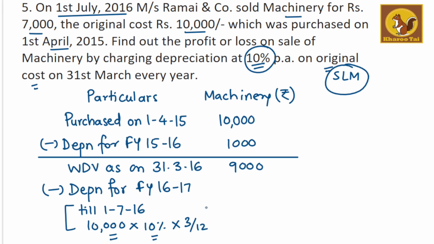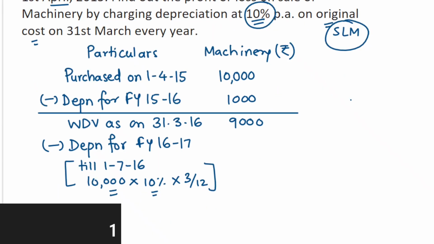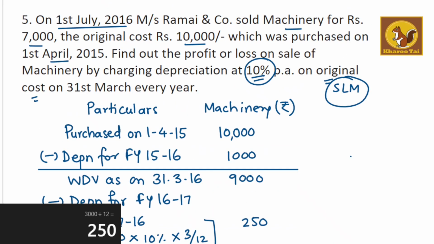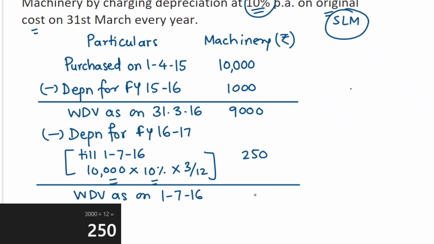The working will be 10,000 into 10 divided by 100 into 3 divided by 12. That is 250. Then the WDV as on 1st July 16